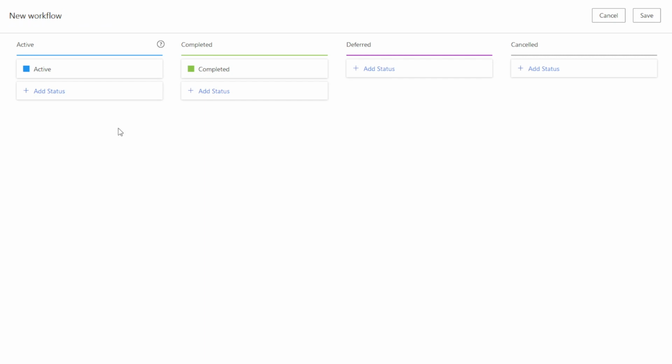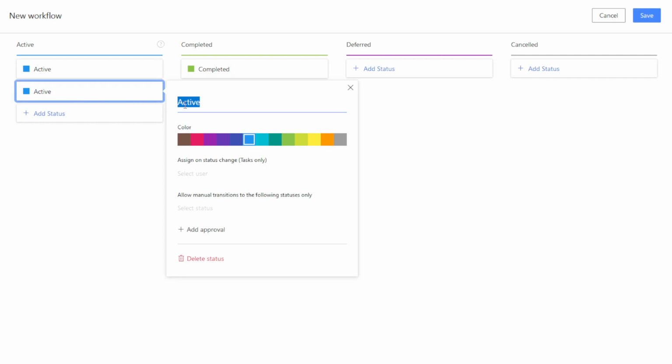So let's jump in. We have active states, which are going to be the most used. We can go ahead and set these up however we'd like and color code them, which is very helpful at a glance, especially when using dashboards, which I will be creating another video on, for dashboards and setting that up later on. So with this, we can go ahead and set up, let's say, in review,